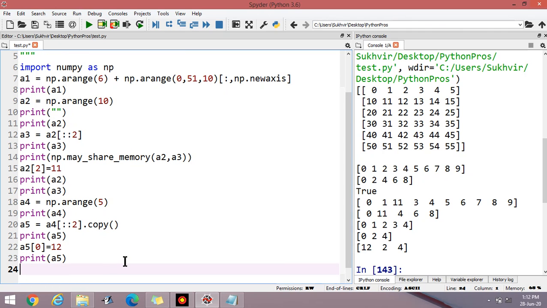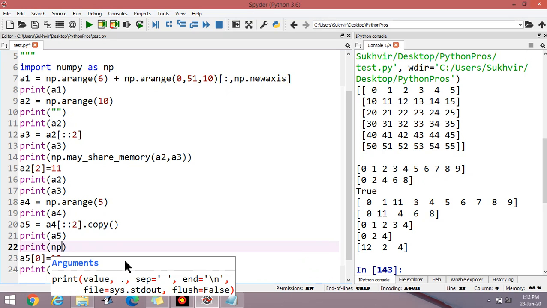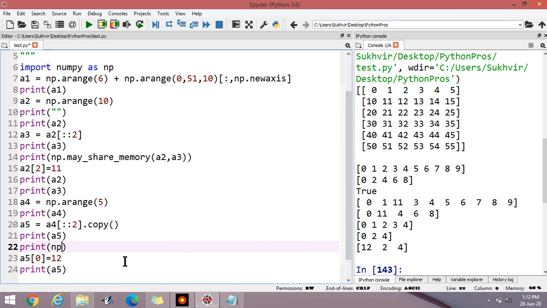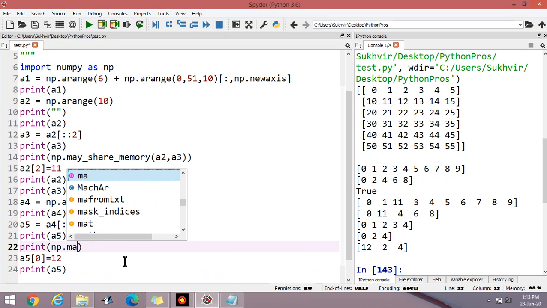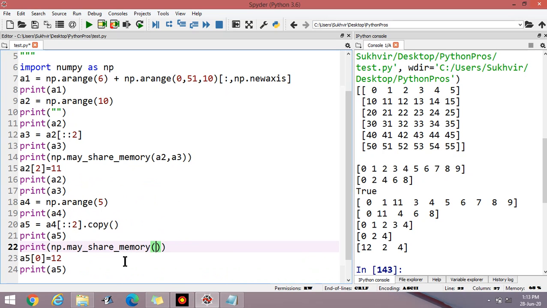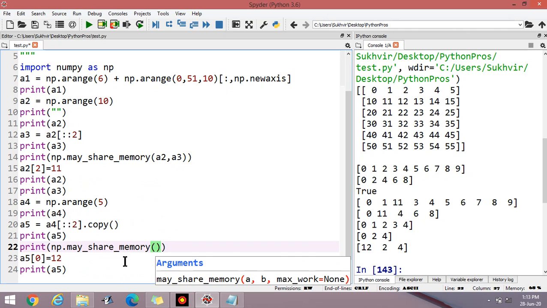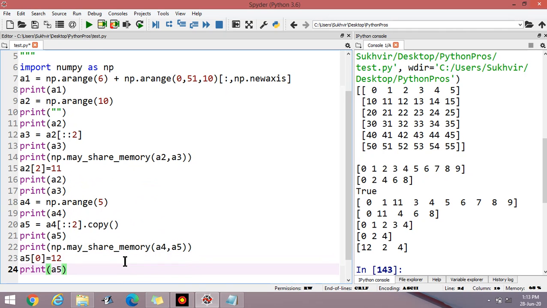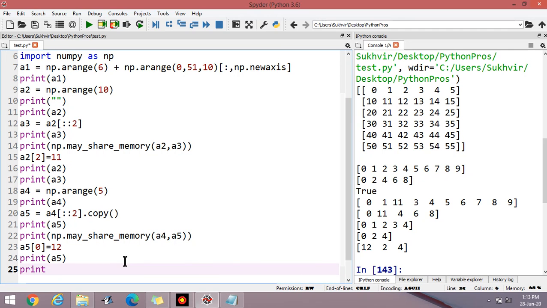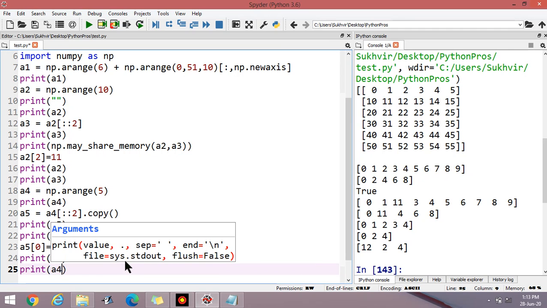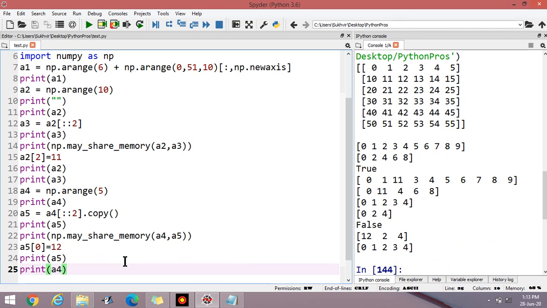Now print np.may_share_memory(A4, A5). Now print A4 and execute the program.